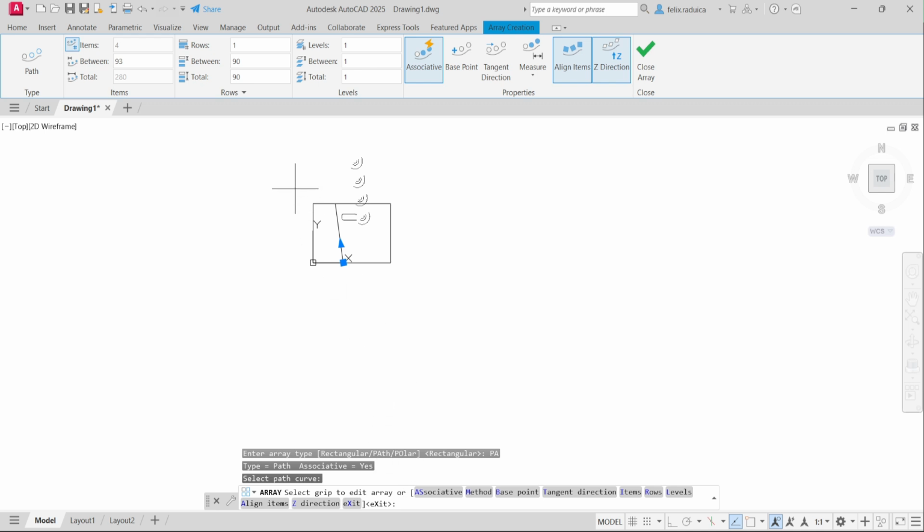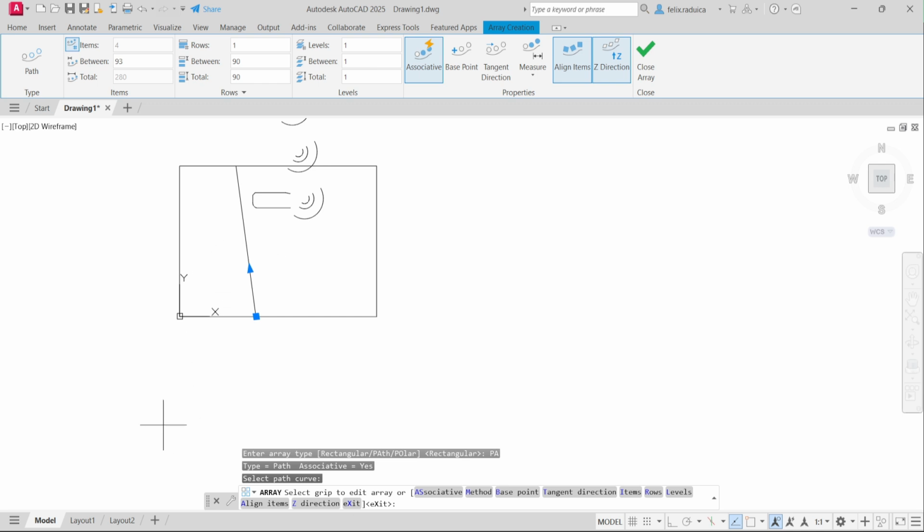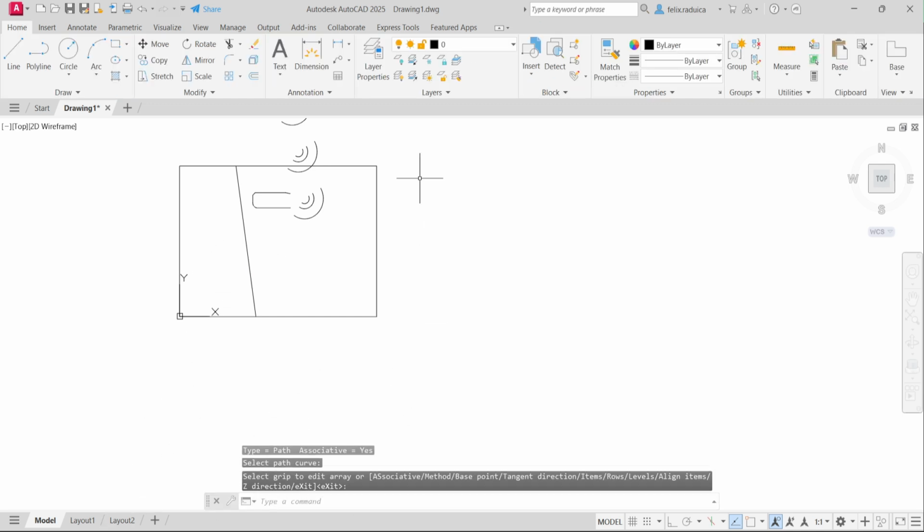And similar to the other array types, we have multiple options to tweak the way the array is generated. And after we are satisfied with the array type, we can tap enter to finish